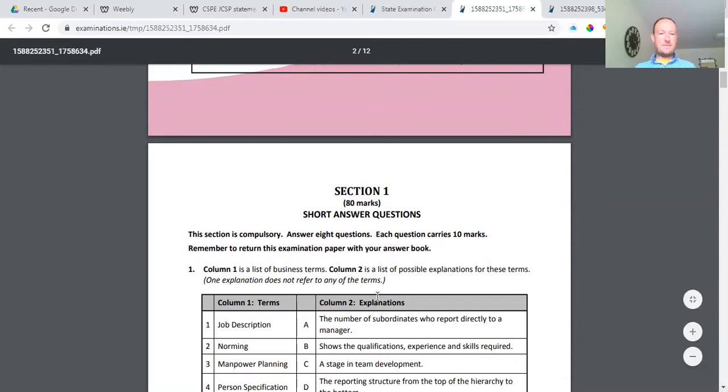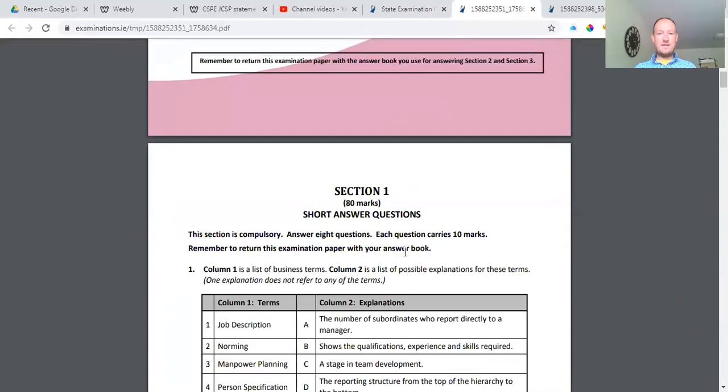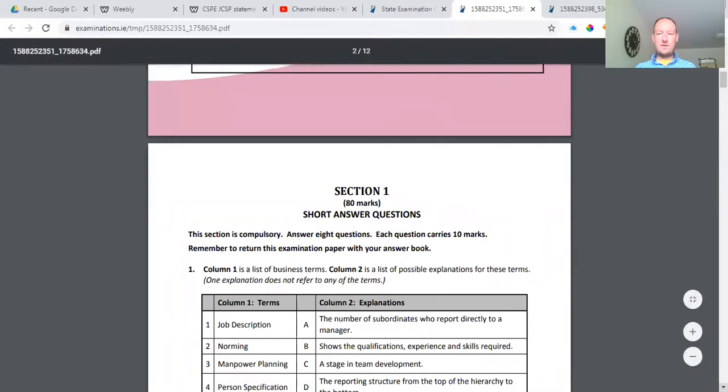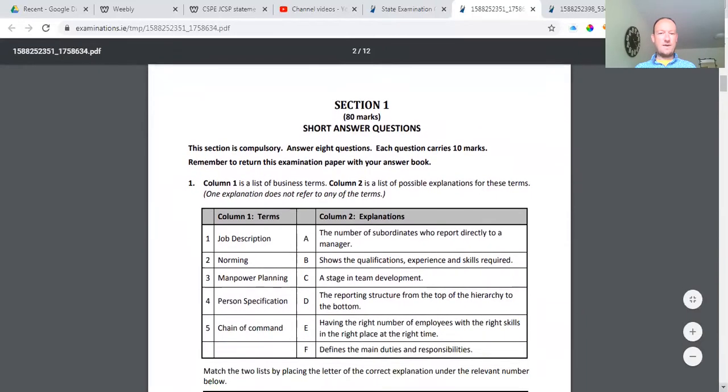Okay, so this section is compulsory. That means you have to do it. It's 80 marks. You answer 8 questions. Each carries 10 marks each. And I was recommending that you do every question, especially if you have time, because you might think you have a question right, but it might be wrong, and then they'll pick your best 8 out of the 10. So if I was doing it, I'd often have time, and when I was a student, I did Leaving Cert Business, and I would have done all 10, yeah? So I'd recommend